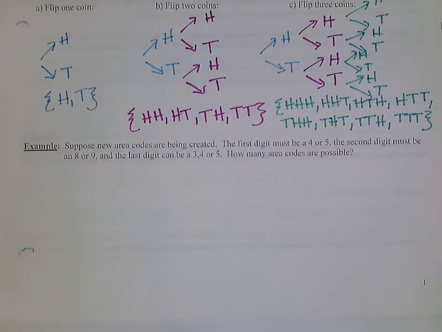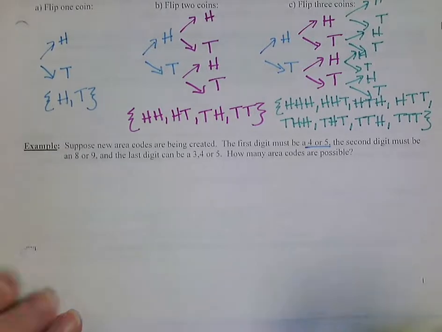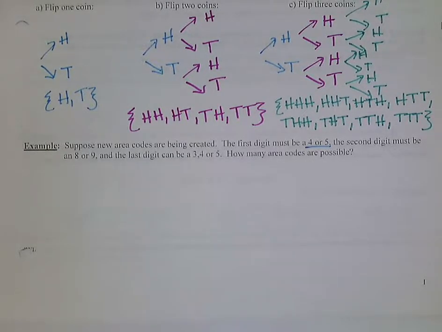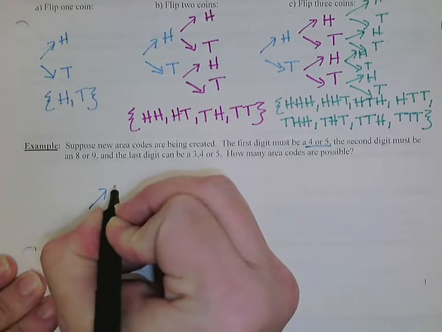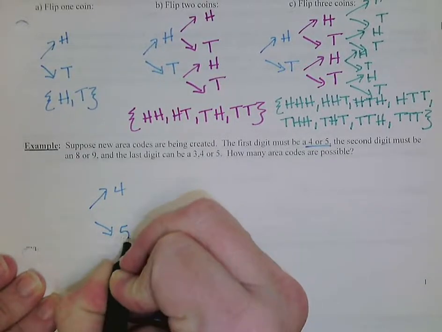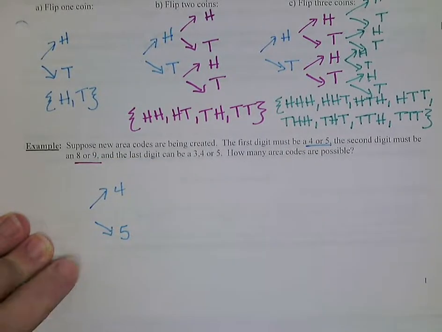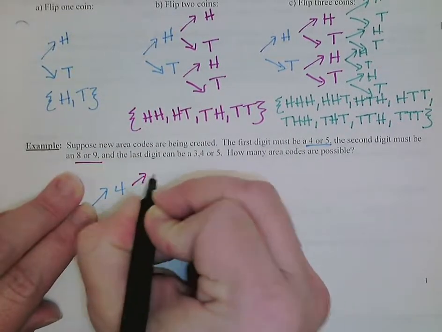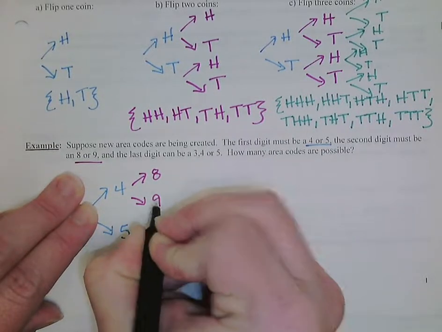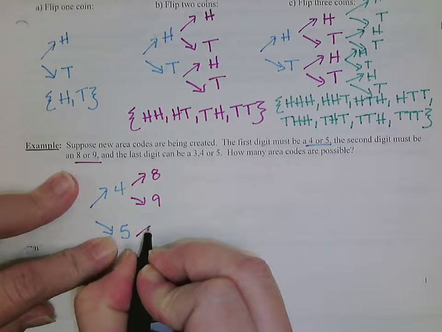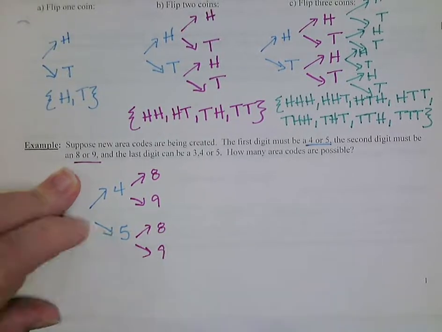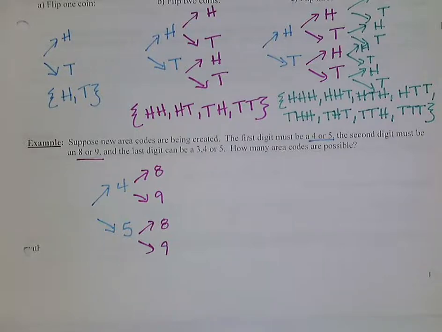So I'm going to start with my first digit. And it says that I have 2 possible numbers for my first digit. So my first digit has to be either a 4 or a 5. Then if I look at the possible outcomes for the second digit, it has to be either an 8 or a 9. So if I have a 4, my second digit could be either an 8 or a 9. And if I have 5 as my first digit, I could have either an 8 or a 9 as the second digit. And then finally, it tells us that the last digit could be either a 3, a 4, or